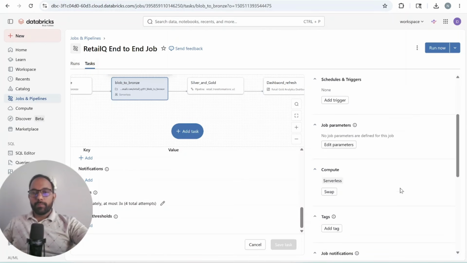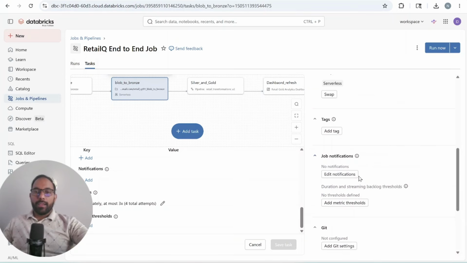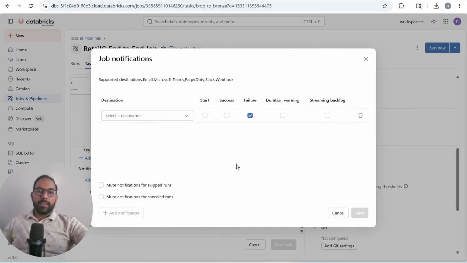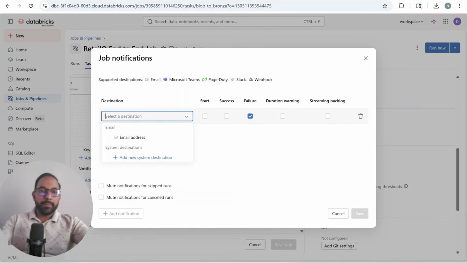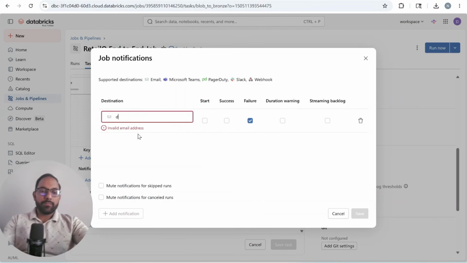And if I scroll below here, we can add some job parameters if we want to pass something dynamically. In our case, it was not required. And here we can specify the job notifications as well. Like if we want to, let's say, get any email, here, if I specify any email address,